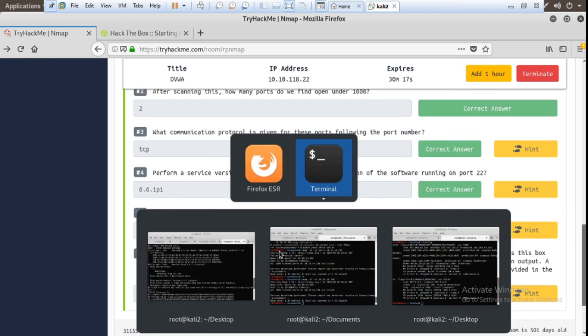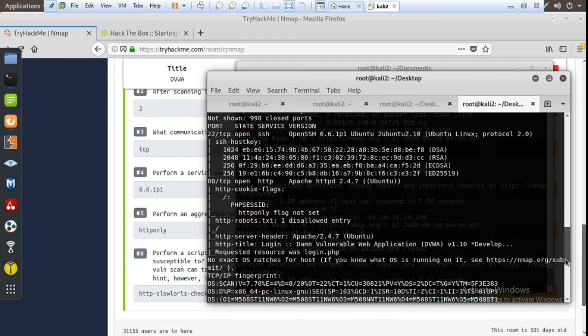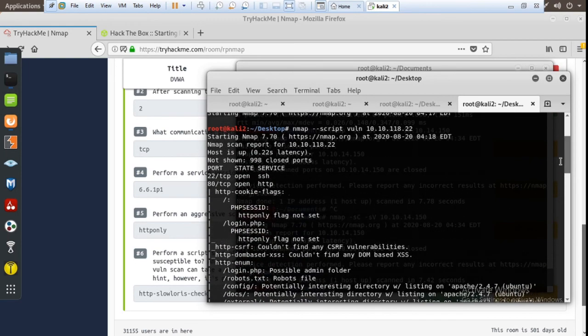So I went to the terminal, and I am already here. nmap --script vuln and this is the IP.